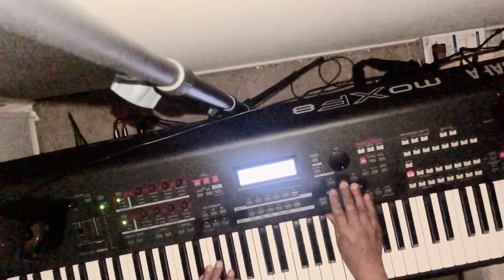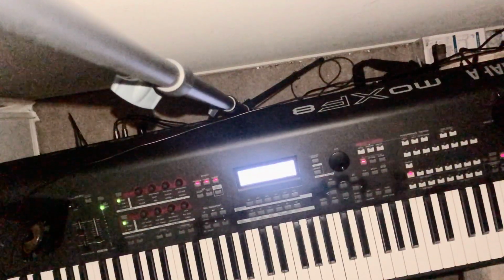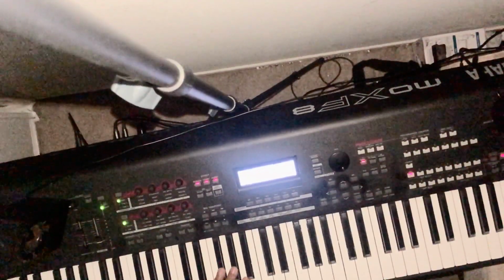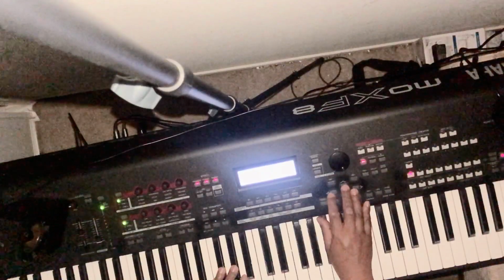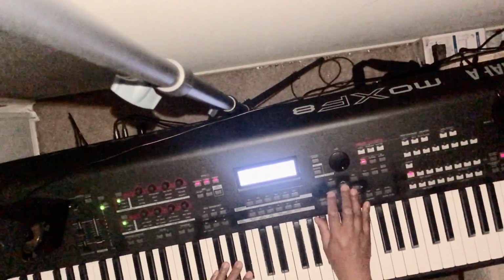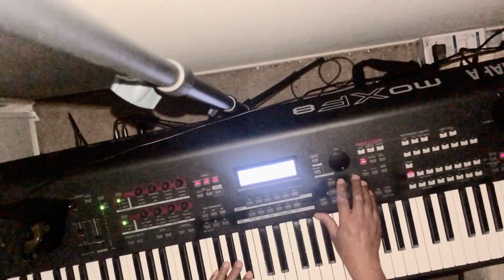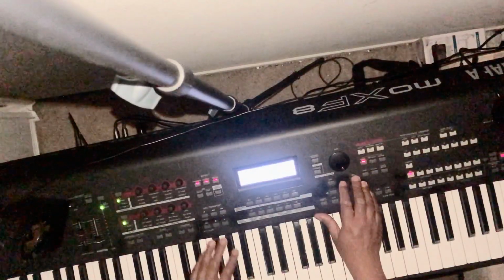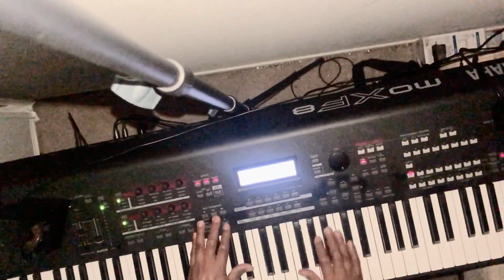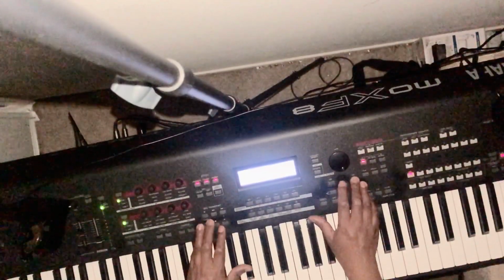So here is what we're gonna do. What I want to do is show you how to change your song location first. When you first come into song mode, it's already on that spot where you can do that. So just start scrolling to the right until you find a blank spot. As a blind user, you're gonna have to keep pressing play to find out if anything happens. And then